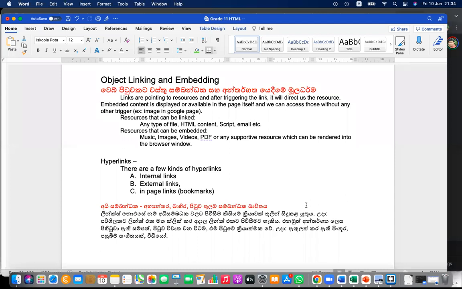Then a web page is a single document. A website is a collection of web pages. The web page is a single document. Actually, a collection of linked web pages is called a website. Okay, now we have an idea how it happens, right? Okay, internal links are links within the web,